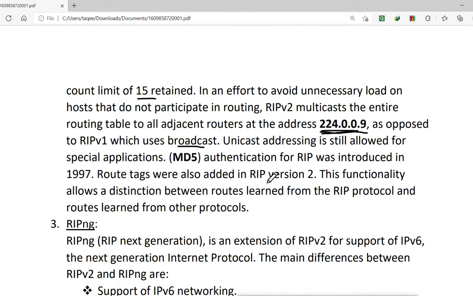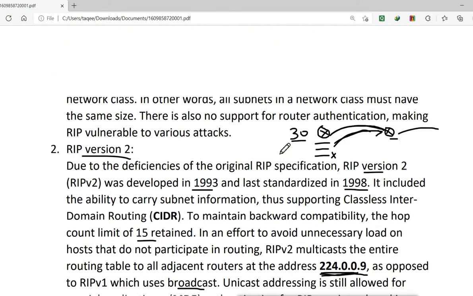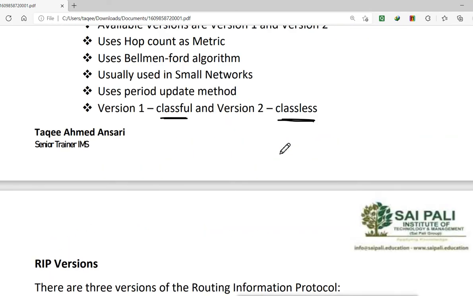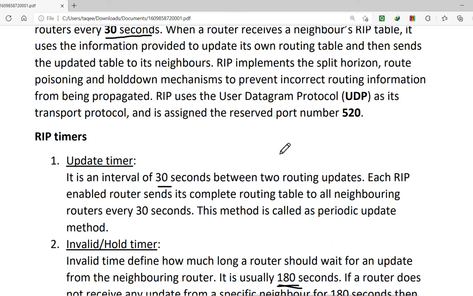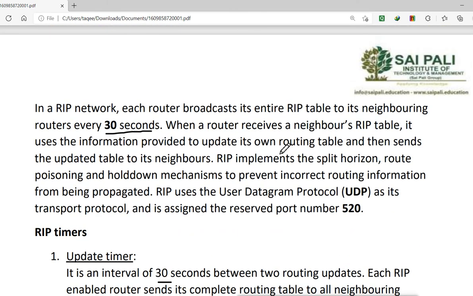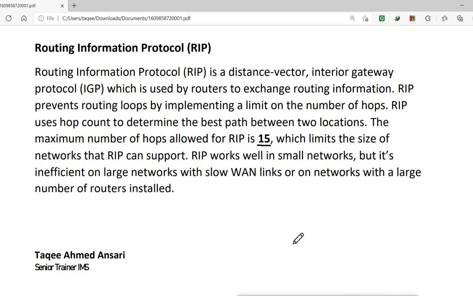So this is the RIP we have. This is a dynamic routing protocol, and we can configure it very easily, but it is not for big networks, it is for small networks. The benefit of RIP is that it is very easy to configure, easy to maintain, and it does not put a lot of load on routers. It works very lightly also. So these are the dynamic routing protocols we have, and one of the protocols we have is RIP.